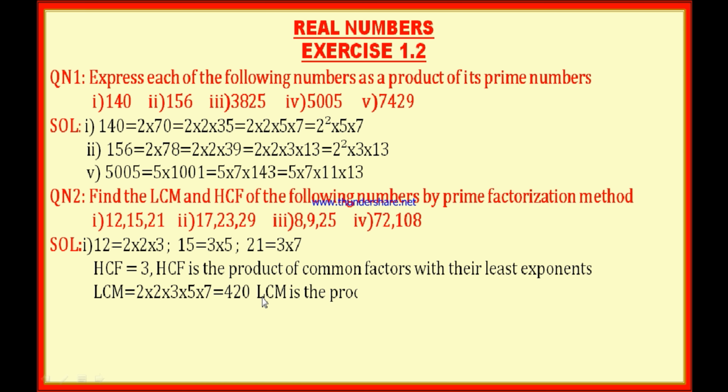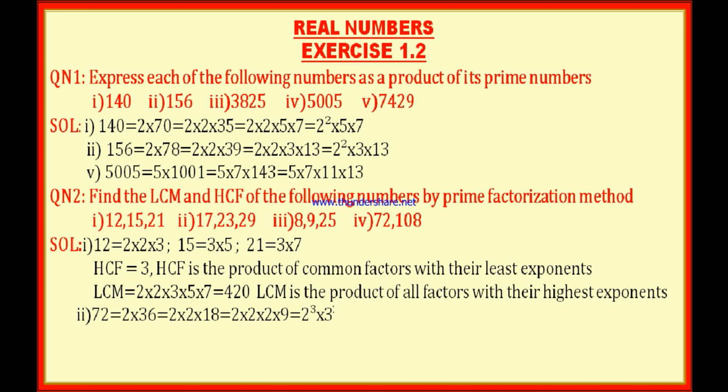Next, let us find LCM. In order to find LCM, list out all the factors. The factors of 12, 2 into 2. You write it. Here 1, 3. Here also 1, 3. Here also 1, 3. You write the 3. Here 5. Different factor is 5. Here the different factor is 7. You write all the different factors. And then you multiply now. 2 2s are 4. 4 3s are 12. 12 5s are 60. And 60 7s are 420. Therefore, LCM is the product of all factors with their highest exponents.